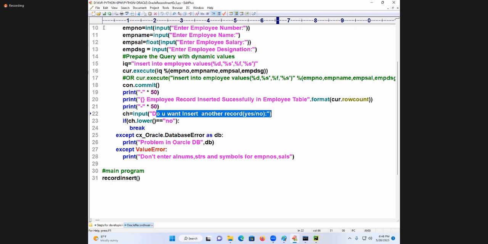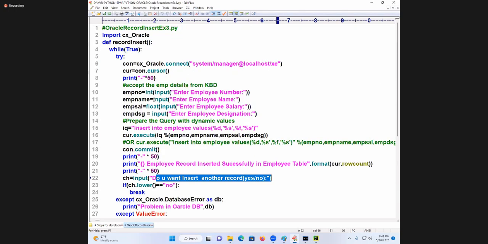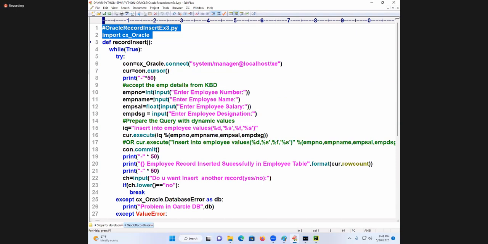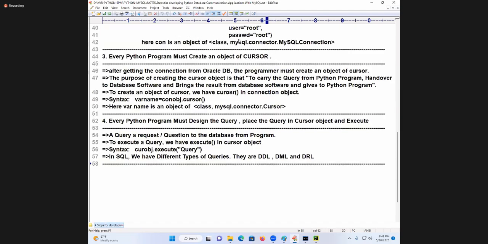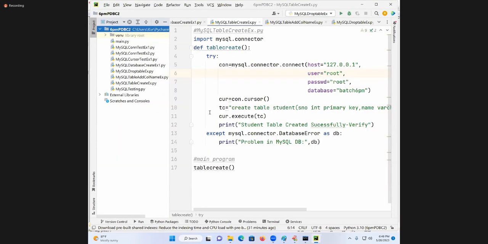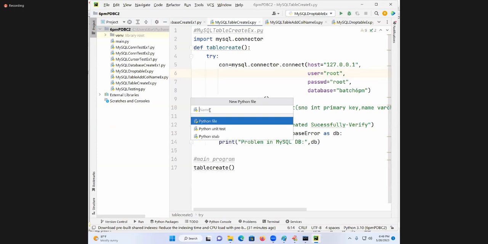What I do is, I will take this data as it is, because I only typed it. Again, typing takes a lot of time and nothing is fun in typing the same thing again. I go to this place and I'll write it. What I'm doing, new Python file. What should I write? MySQL, I say here, record insert